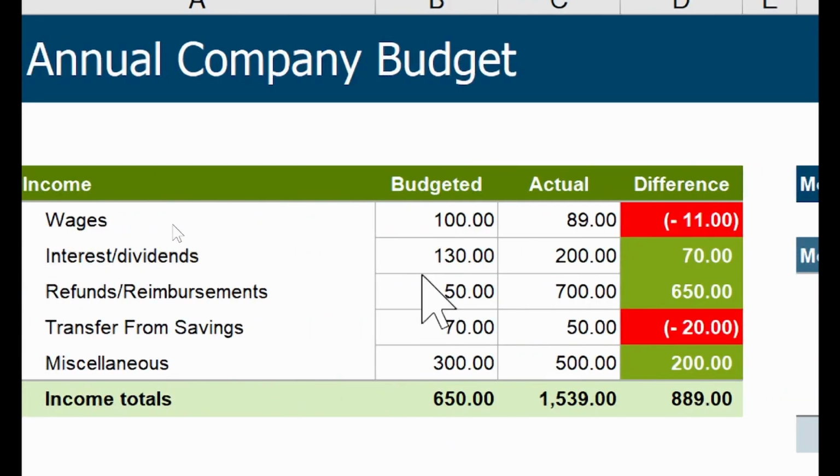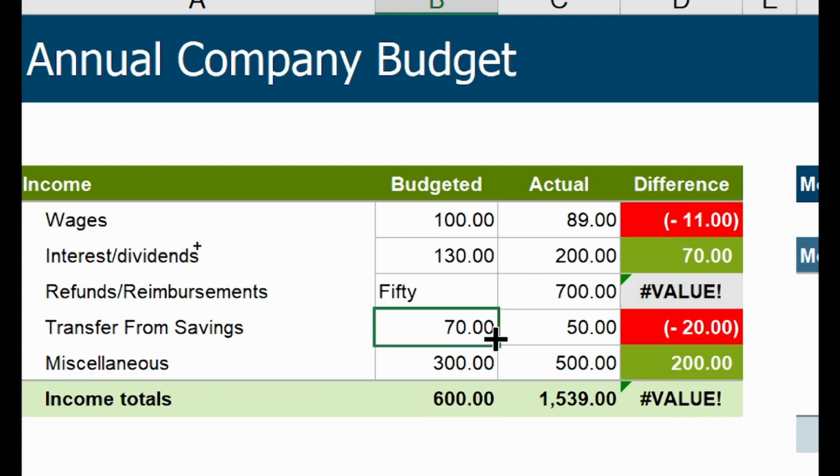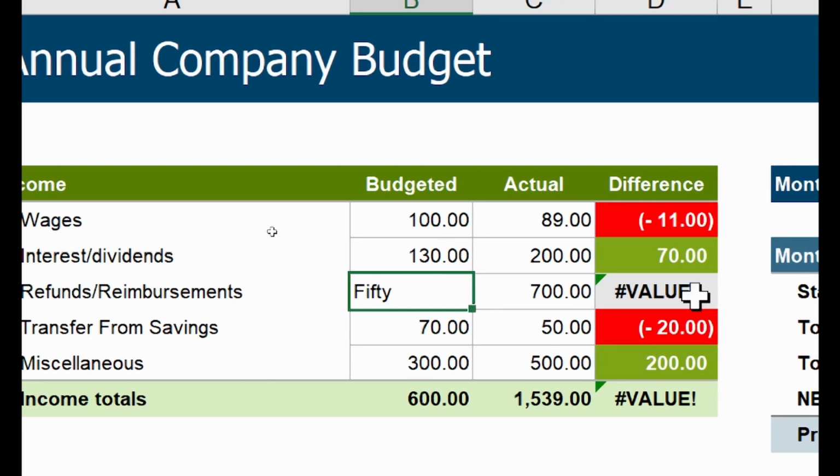What will happen if someone comes here and instead of entering 50, someone mistakenly types text 50? Now, by entering 50 into this cell, you have created a serious error in the calculation because 50 is not a number to be calculated,